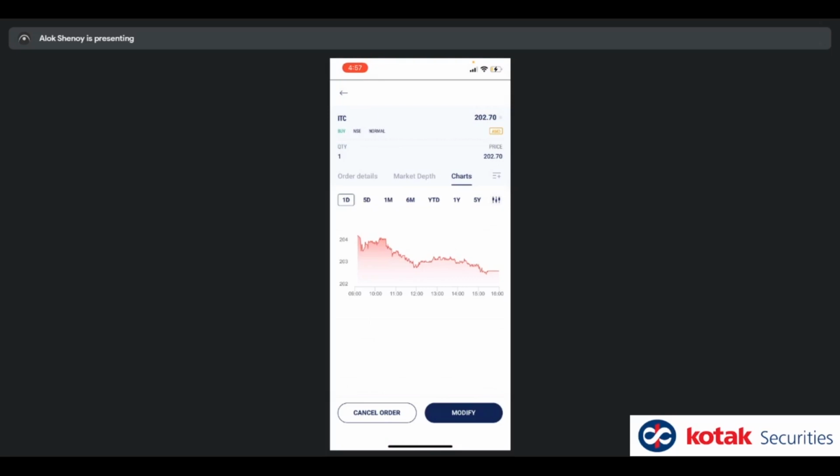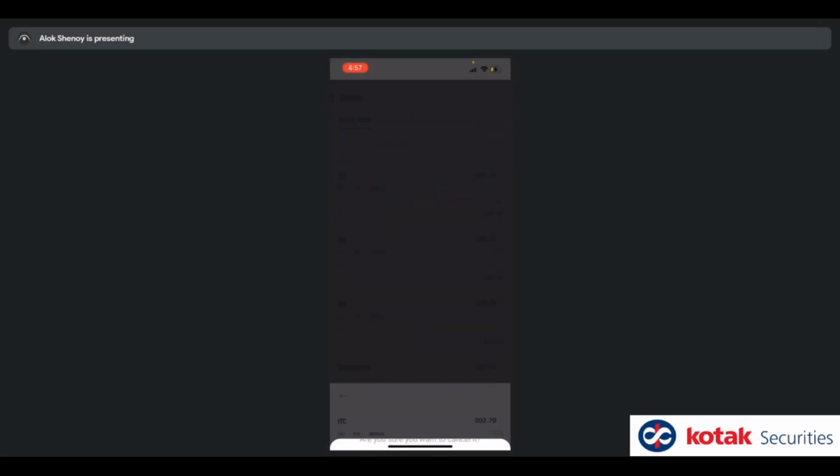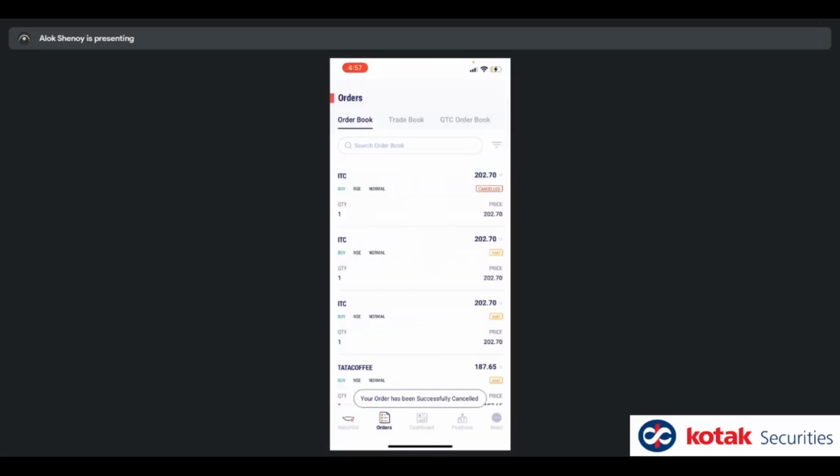The two actions most commonly that people would like to do from this screen are to cancel the order or modify the order. That's possible from here, down below, the blue button and the white button. So in this case, I'm just going to say cancel order and say yes, cancel. It's as simple as that. The order has been successfully canceled.